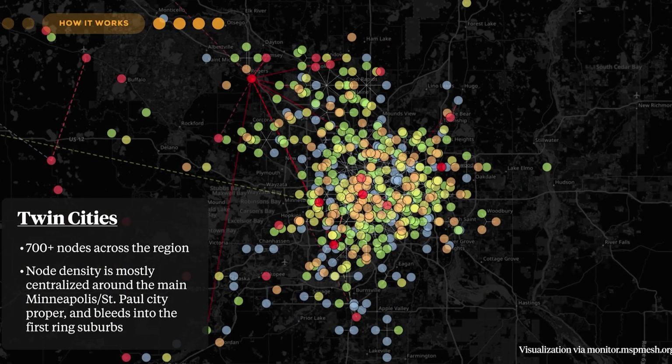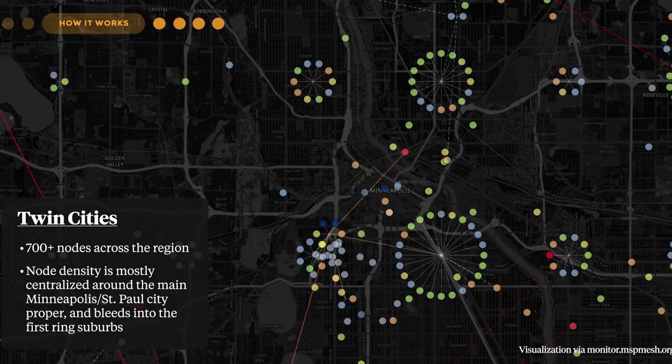So this map and this visualization are just showing a more zoomed-in area of the MSP mesh that exists in the metro. And then what that starts to look like at more of a local level, when you're looking at uptown, downtown, northeast here, you can see where there are different little clusters of nodes. People have been interested in this. People buy nodes and they put them up, and then it starts to connect everyone around.